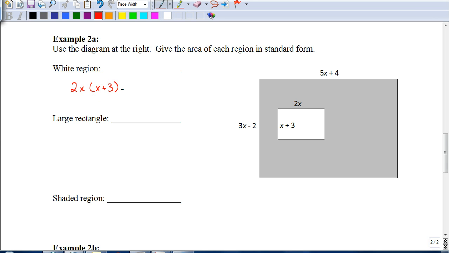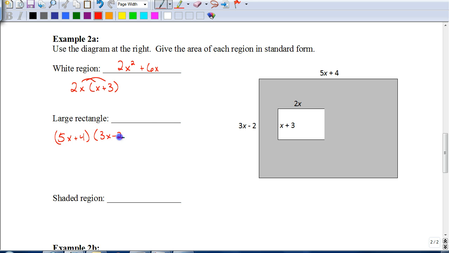And in your assignment, you're going to have a problem just like this one. It's going to be set up the exact same way. So I'm going to start out by distributing the 2x through. So I'll have 2x squared plus 6x. So that's the area of the white region. Now, the large rectangle includes the white region. That's what they're implying. So I'm going to take the 5x plus 4